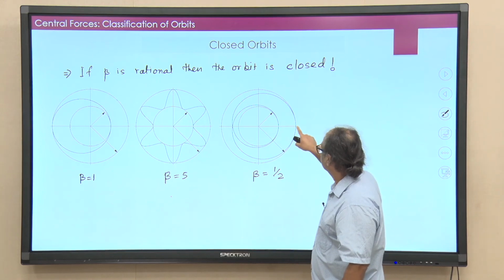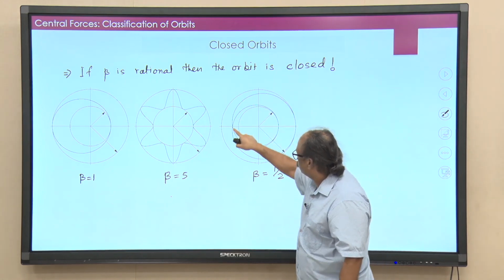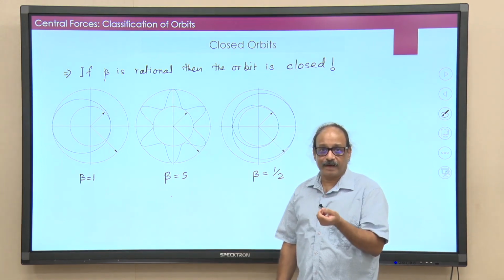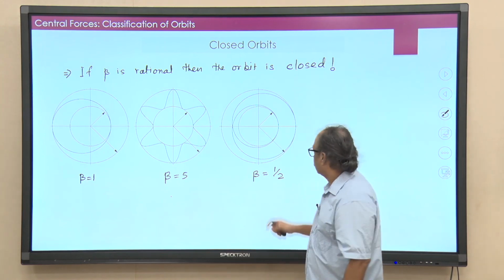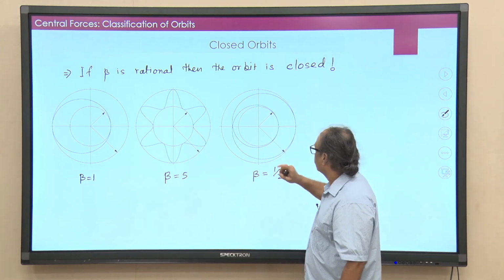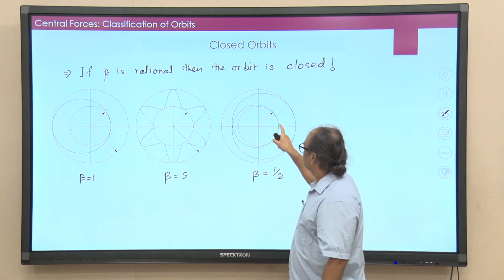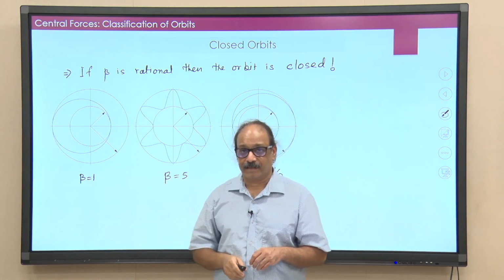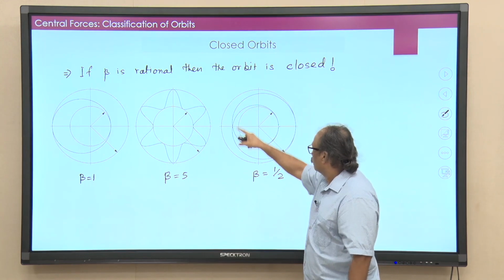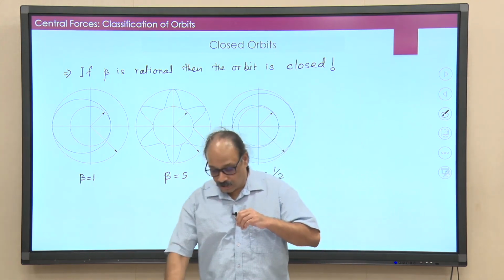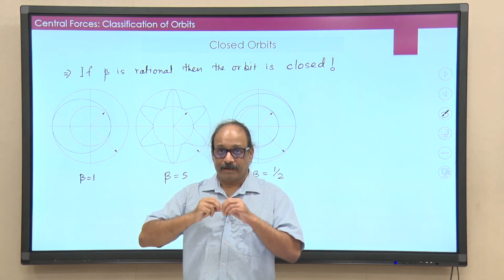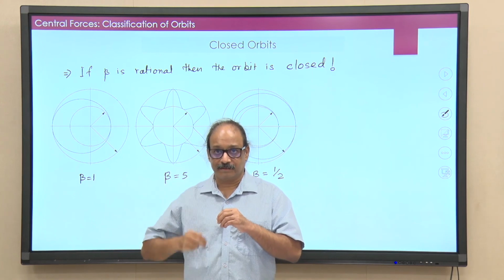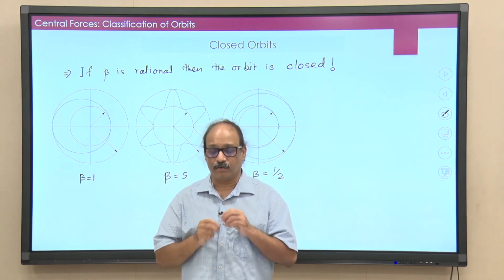So you start at theta equal to 0, and by the time you go to theta equal to 2 pi, the factor inside the cos has changed only by pi, and that is equal to minus 1. That is when you get minimum in r or maximum in u, and then it goes back to its original value when theta is equal to 4 pi. So basically the orbit does not close by the time you make one revolution. You need 2 revolutions, and after 2 revolutions the orbit will close.